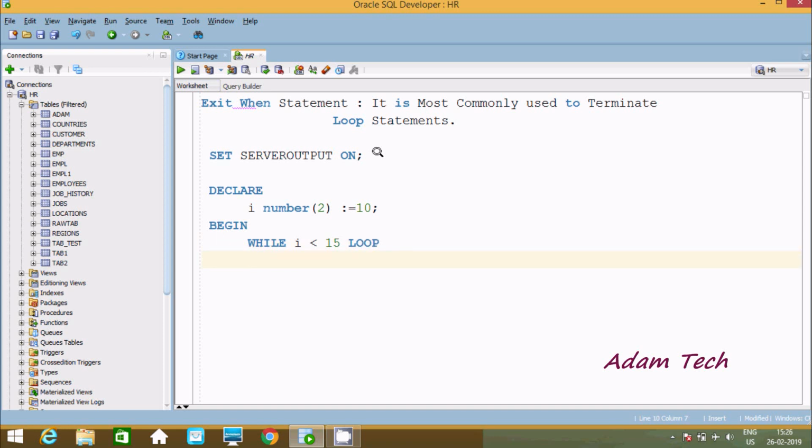Start the loop. Now here after DBMS_OUTPUT.PUT_LINE, and here after a single quote, 'value of I', comma, and here a single quote and a double pipe and I. So closing with a semicolon. Now here after, I := I + 1